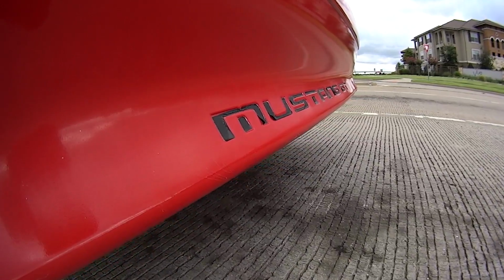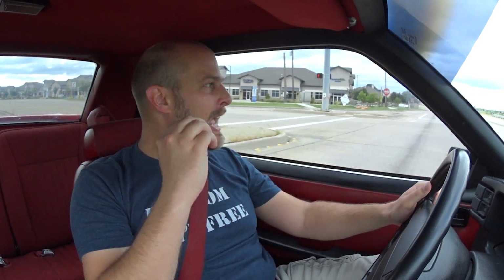And it is something that this car does not have a problem with, and that is the engine. They actually came out with a 4.2 liter V8 back in 1980 and 81, and it made, wait for it, a grand total of 120 horsepower. So this car had the dubious honor of having the lowest horsepower V8 Mustang ever produced, which is crazy to me